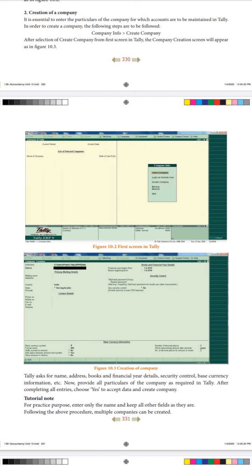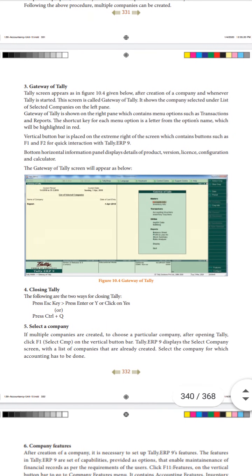All these things are to be updated. You have required fields there, so based on those fields you fill in all the details and click on create or yes. Once you accept, the company will be created in the Tally software.